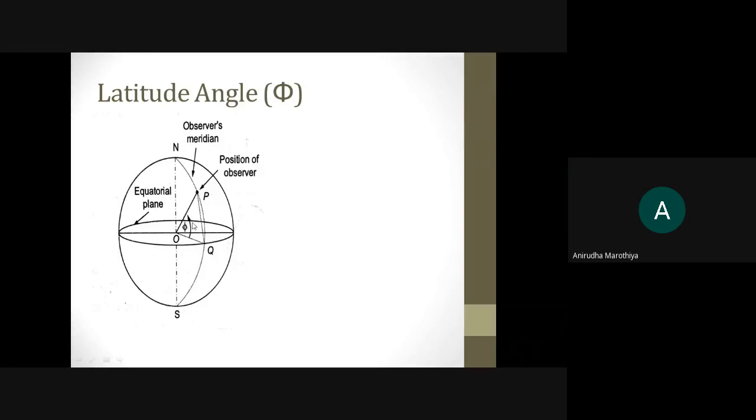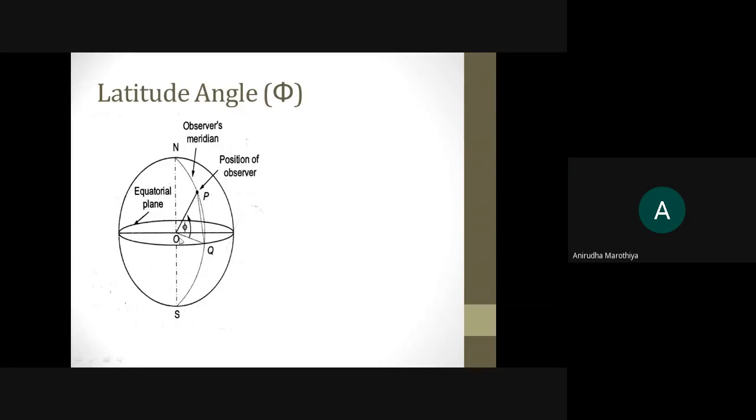Now see here how to define the concept of latitude angle phi. Look at this diagram carefully. If I ask you how to define latitude angle phi, with respect to this diagram it is very clear that phi is nothing but the angle between two lines. First one is OP and second one is OQ. Now what is OP? P is nothing but the position of observer on the Earth's surface. For example, if we treat ourselves as the observer, this is our location on the Earth's surface, and this OP is nothing but a radial line which joins the location of observer on the Earth's surface with respect to the Earth center.